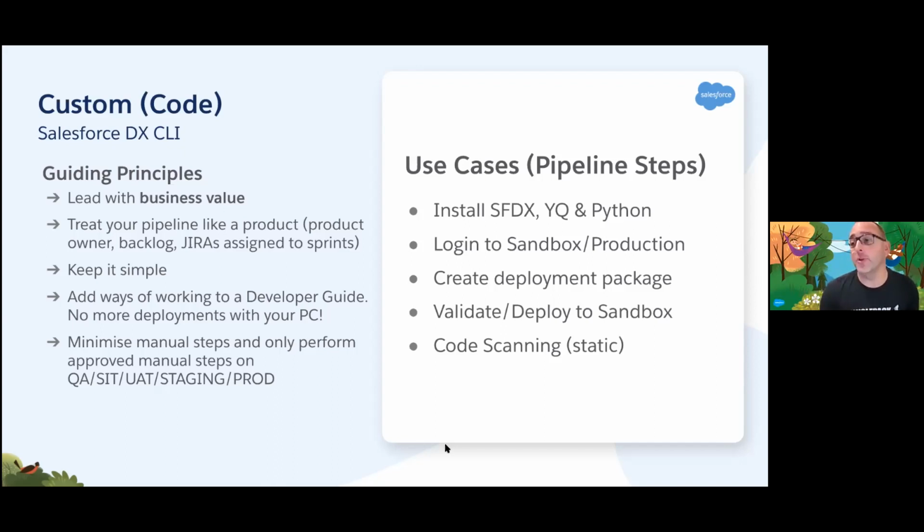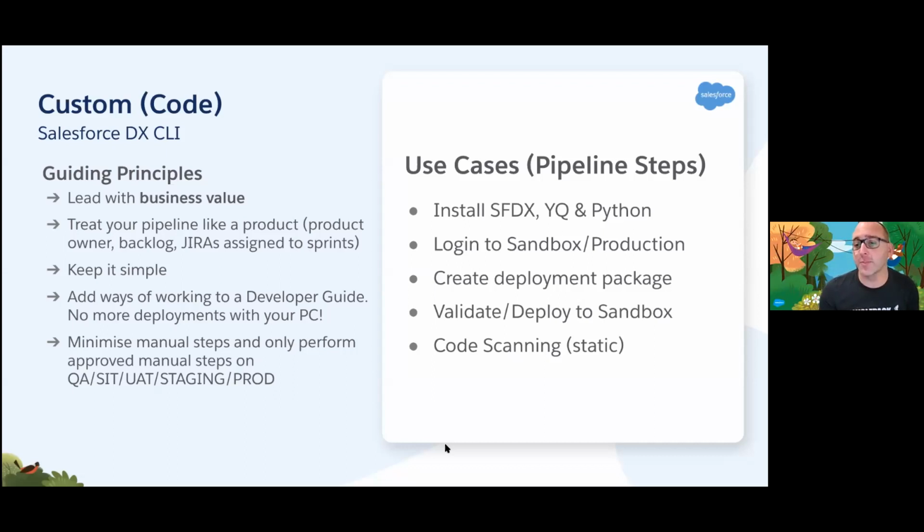You've got to deploy that through your CICD software. Clicking that one button will provide environment misalignment, and that's just no good for anyone. So really keep minimizing manual steps, and only perform approved manual steps and put them on a run sheet. Those guiding principles in conjunction with your pipeline will give you a better chance of having that repeatable